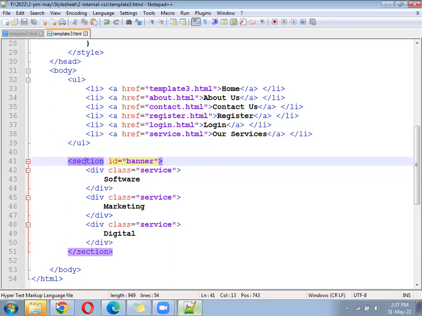Ready? Come to the CSS now. First, we have to write the CSS for banner.